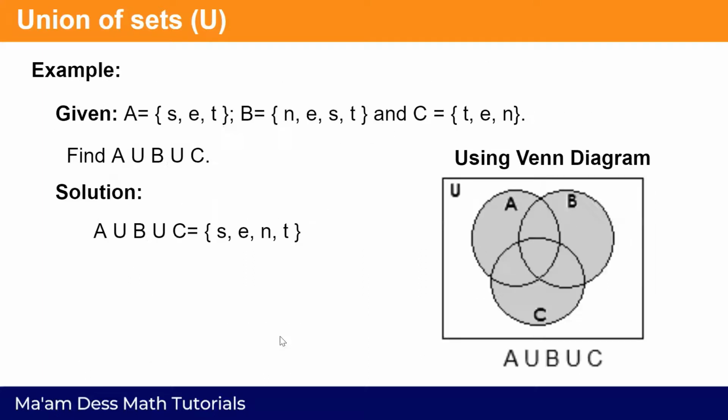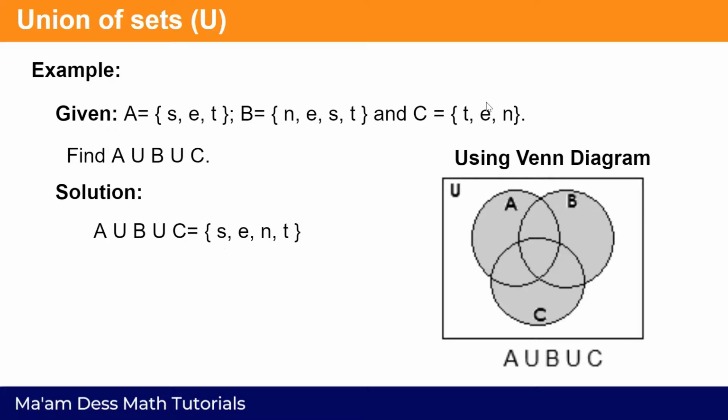Ayan. Example again. Okay, set A contains SET, B contains NEST, C contains TEN. Find A union of B, union of C. So, pag sama-samahin. And take note, you have to write the two letters once. Let's say E. Ayan, may E lahat. So, isang beses mo lang siya isusulat. Okay? Or ilalagay po dito. So, we have the answer